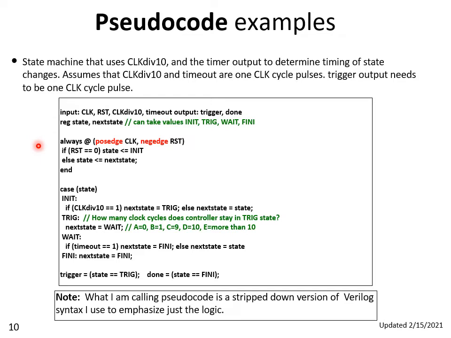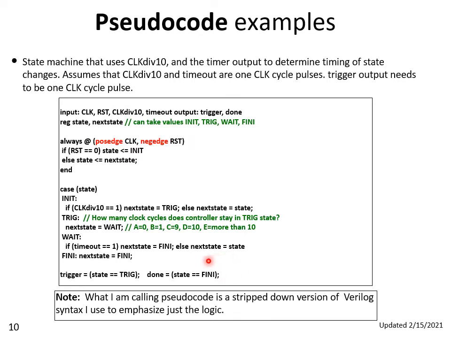So this block represents the actual state machine. It takes clock, reset, clock div, timeout as inputs. It outputs a trigger and a done signal. Has an internal next state and state variable. Here's our state register. Well, I went ahead and wrote that in the Verilog style. It's pretty, or almost the complete Verilog style. It's pretty compact already. And then I've written some pseudocode that just describes the next state logic for this design,